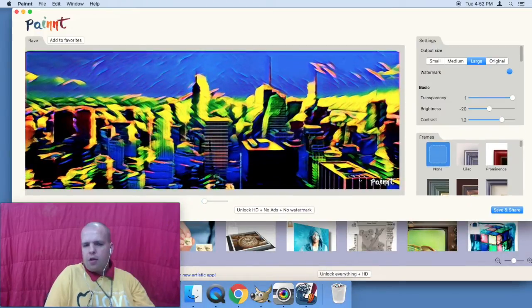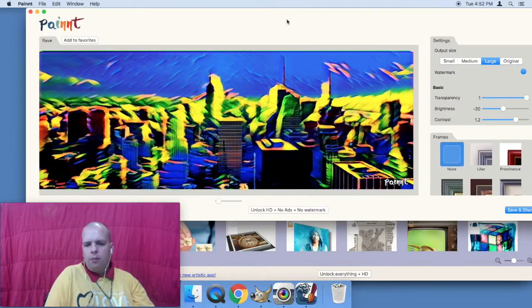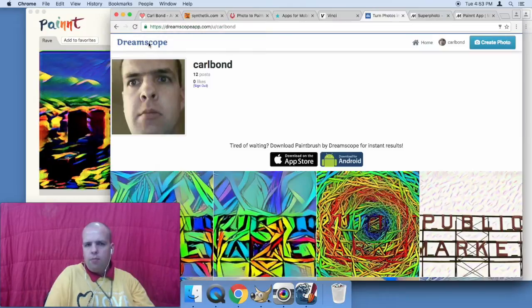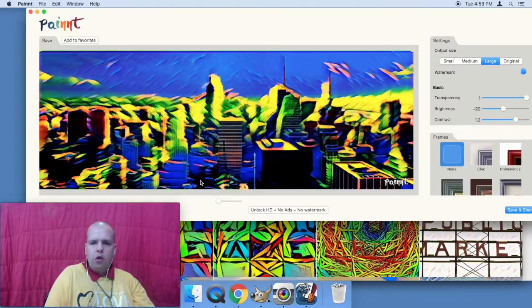So that's what is going on when an image is uploaded to, say, Dreamscope, or an image is uploaded to Paint or Superphoto. That is being uploaded,